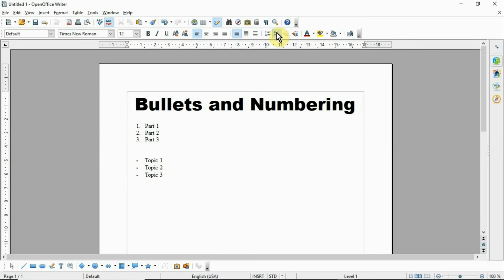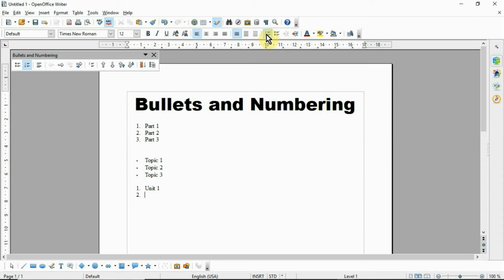And if you want to create a nested list, you can here click the numbered list button and then type unit 1 and then press the enter key.